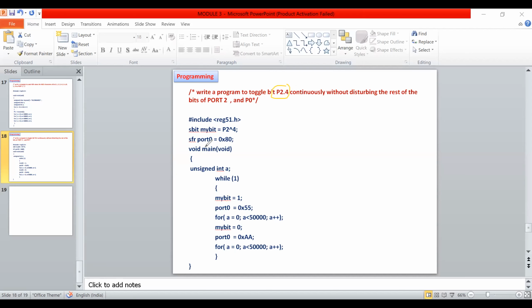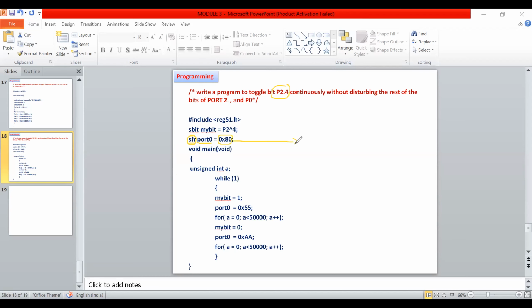If I want the complete port, I'm using SFR as a directive here. Okay. Here I'm using my own user name, port0. I can use any name here, equal to this address. Where is this address?